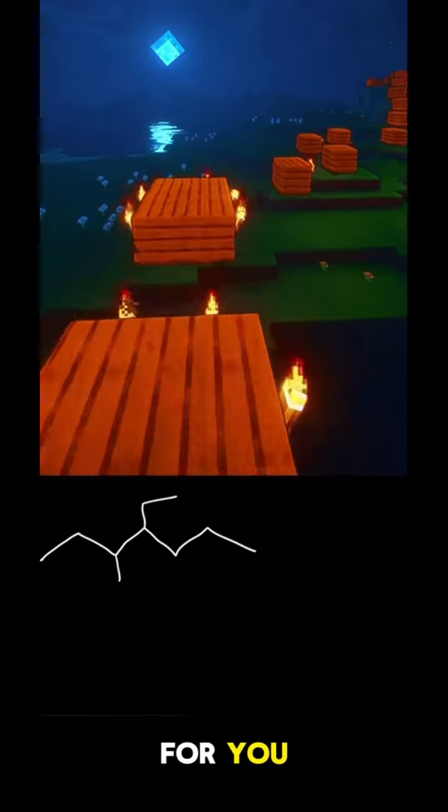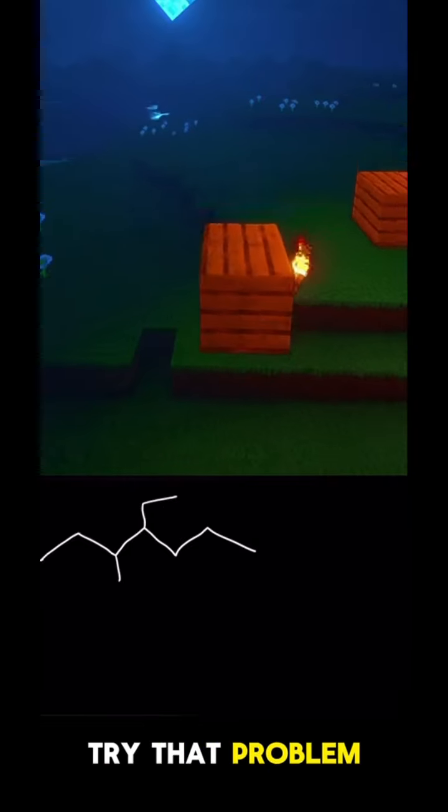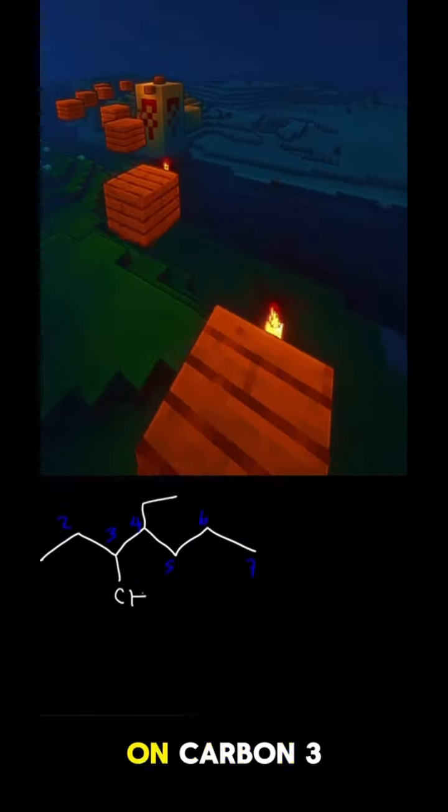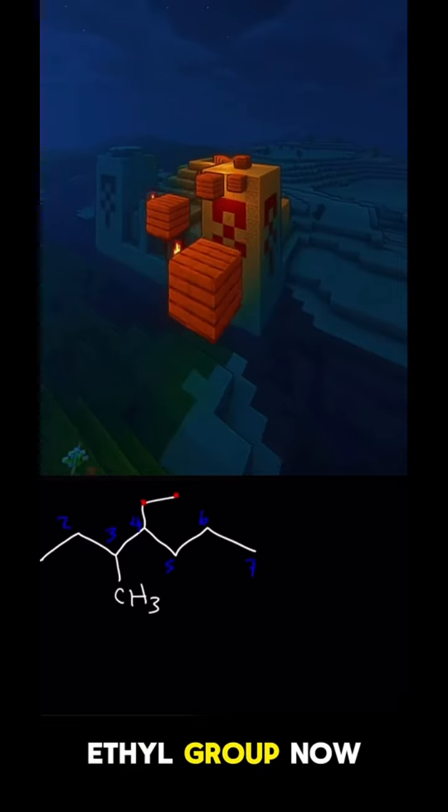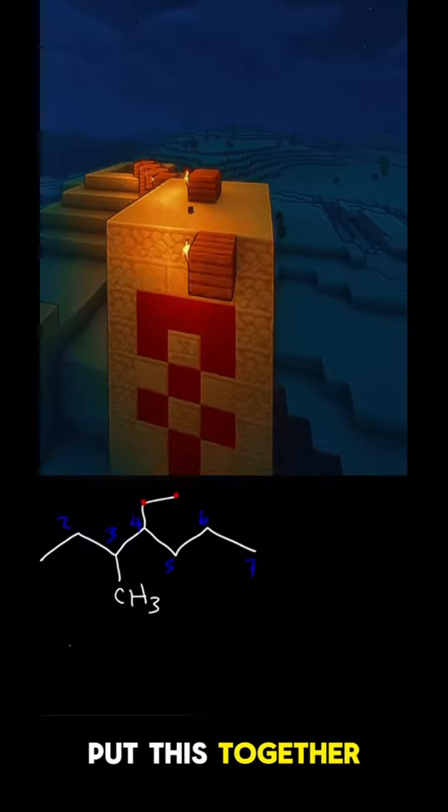Here's another example for you. Go ahead and try that problem. So we need to number it from left to right. And it looks like we have a methyl group on carbon 3, and on carbon 4 we have a substituent with 2 carbons, so that's an ethyl group. Now how should we name this? How can we put this together? Should we name it as